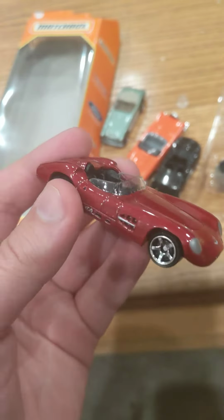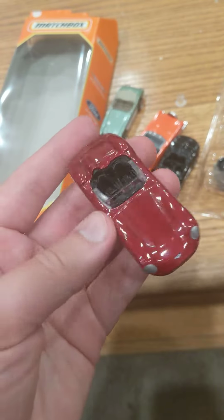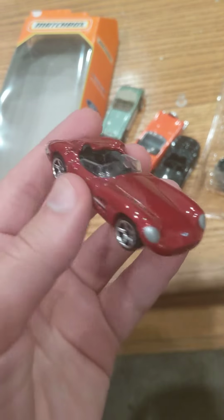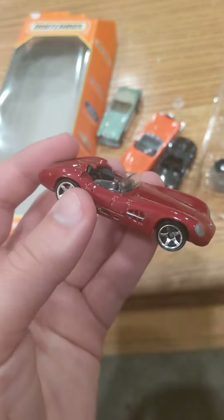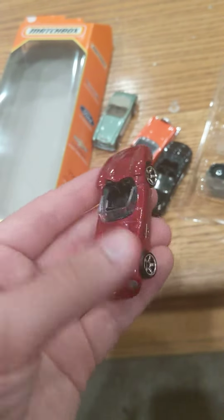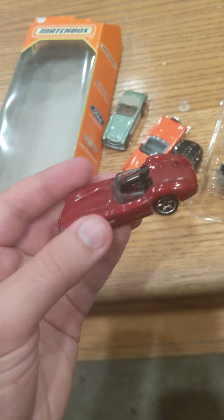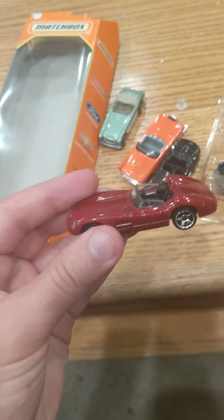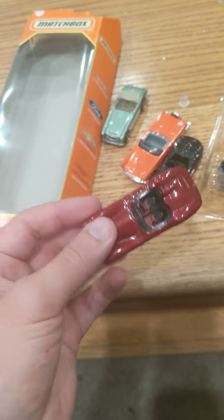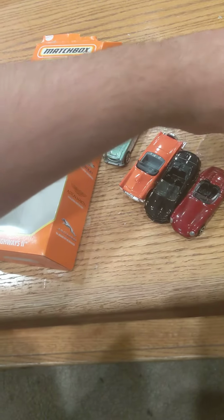There were two mainline versions, I believe, or possibly just one. Actually, yeah, there were two mainline versions, green and then gray. And then there was a 5-pack version in green, but it had racing numbers on it. And that was featured in the Top Gun 5-pack. Well, one of them, I do believe. So now we have it in red for another 5-pack version of the 1956 Aston Martin DBR1